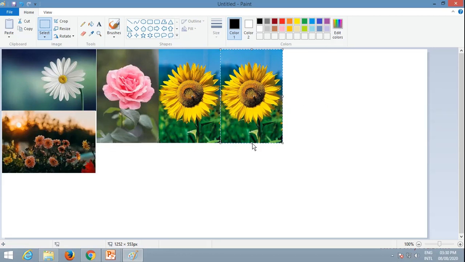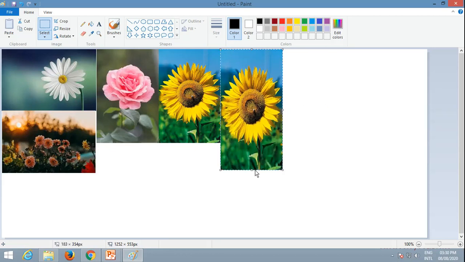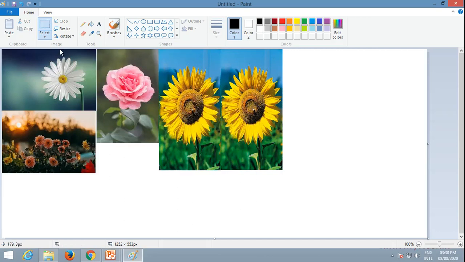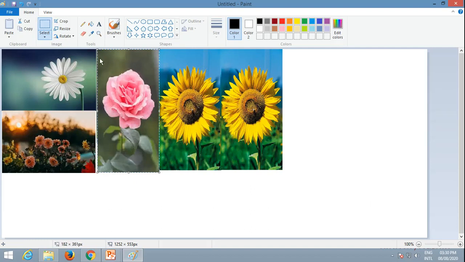Now, if you want to resize, you can just resize. Just select that image and resize that. Now see, this will be one of your collage.